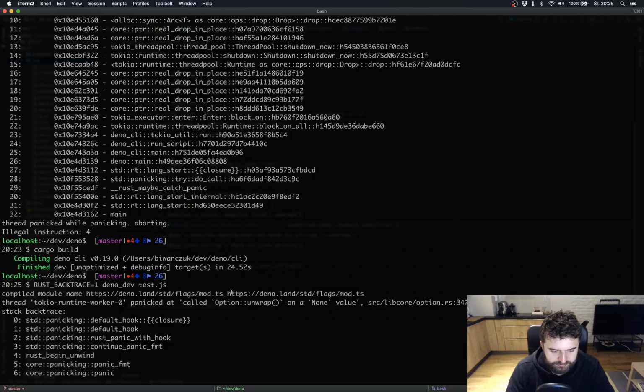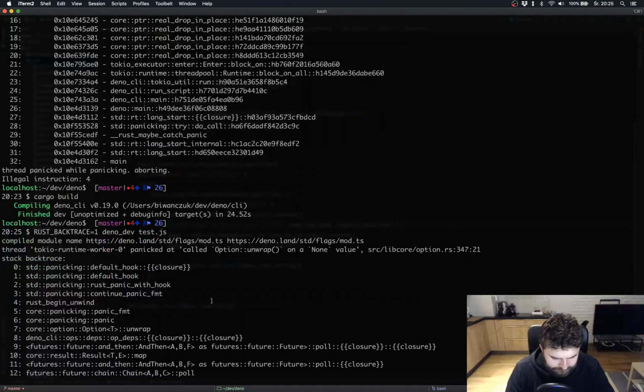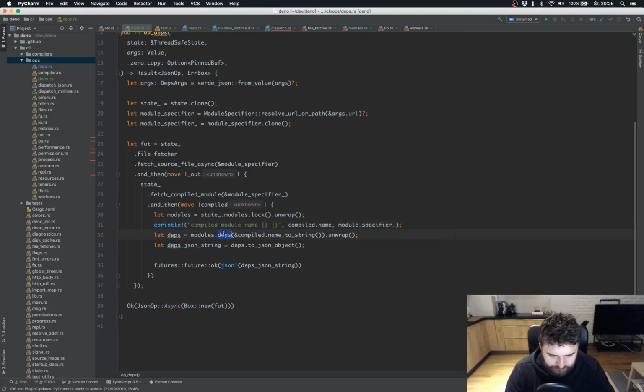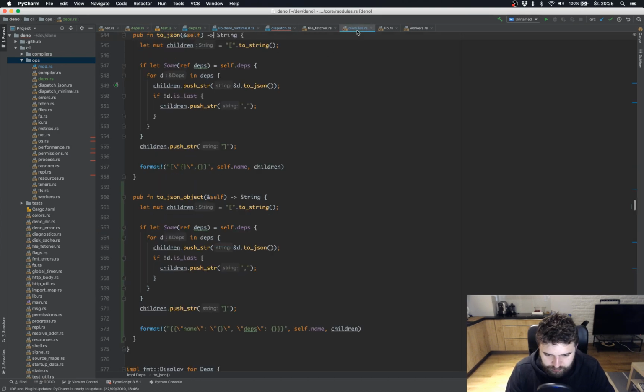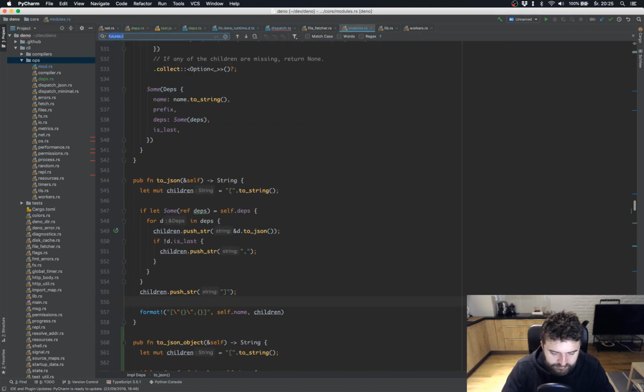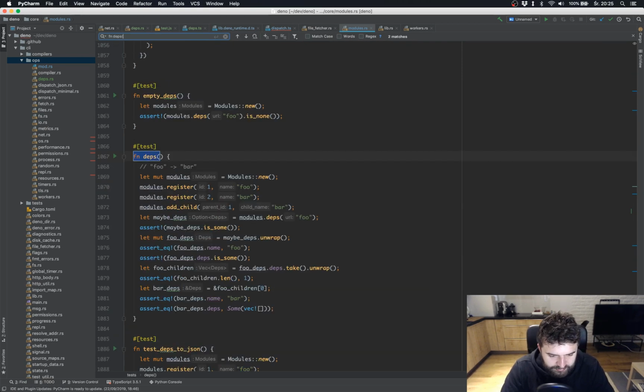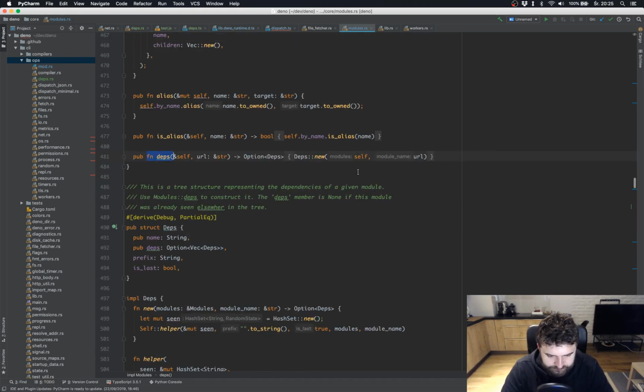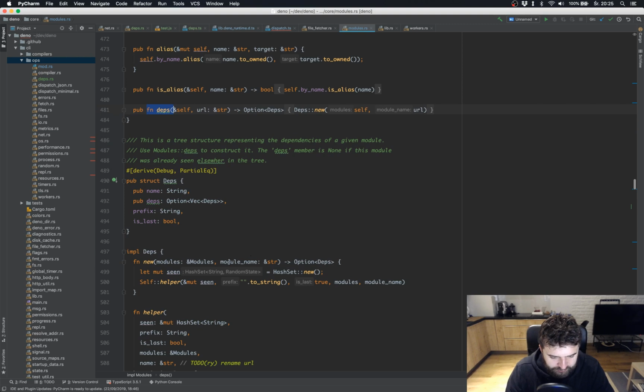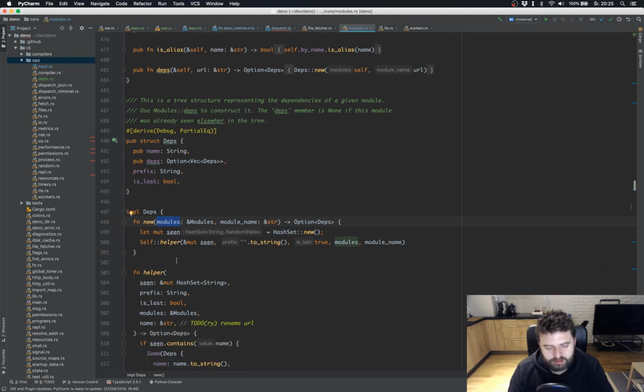What's the problem then? So these deps is not returning what we want. Let's investigate. So this is modules, fn deps, new module name, module. So this is what we, okay, still again, then